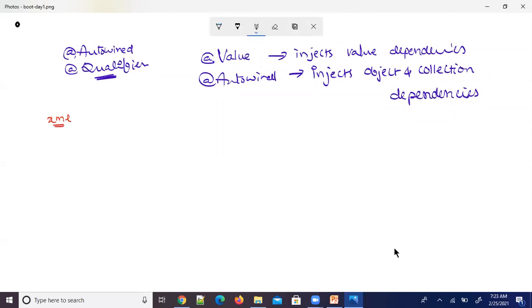If you do not want to write a configuration XML file, then you can create a Java configuration class.